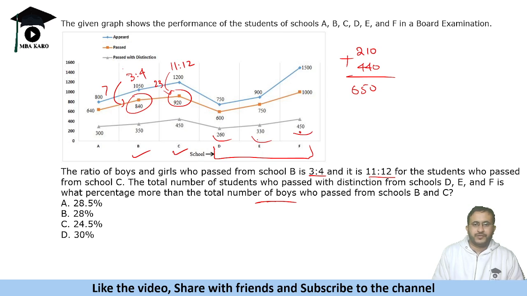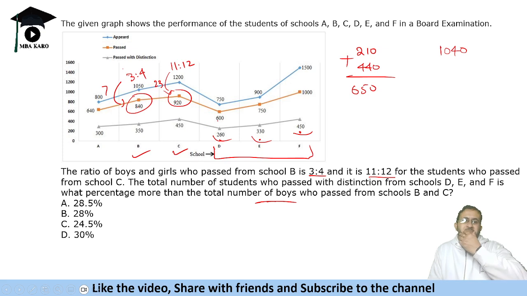So 450, 780 and 260, which is 1040. Okay. So 1040 and